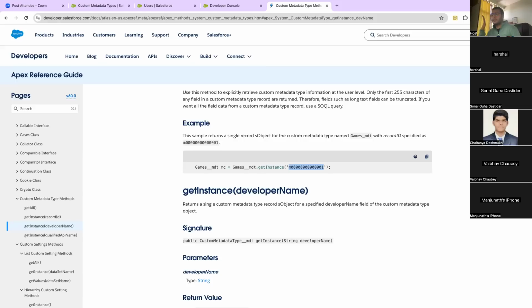Let's say you have 300 countries, it will practically be impossible to go to code and make changes on it. Your code will look really bad, and organizations do not prefer to make changes on their code frequently. So this gives them functionality to control the behavior of your code by having a metadata table,